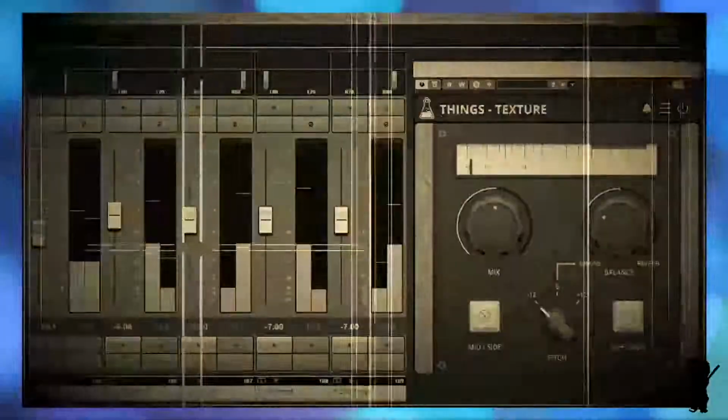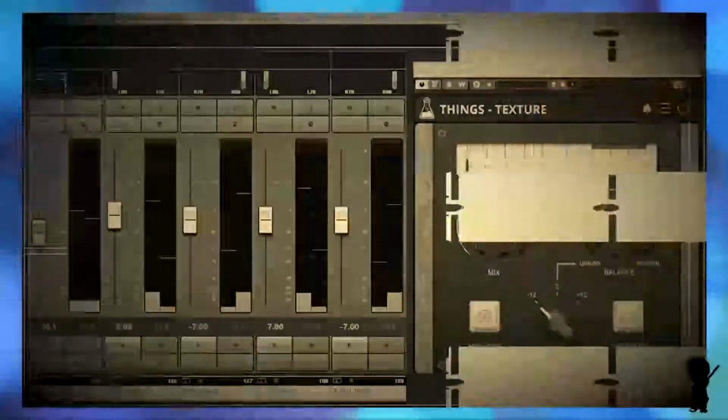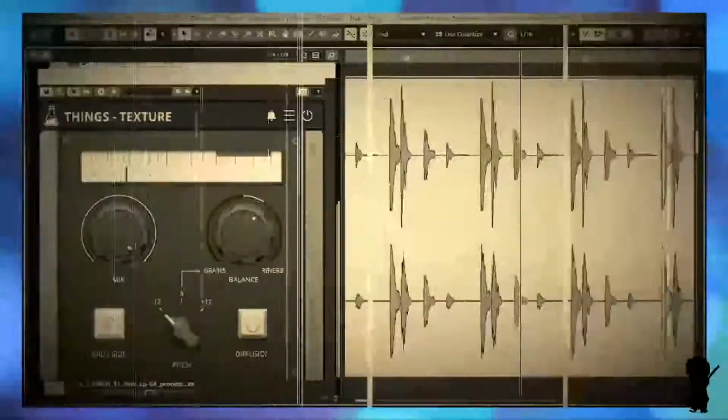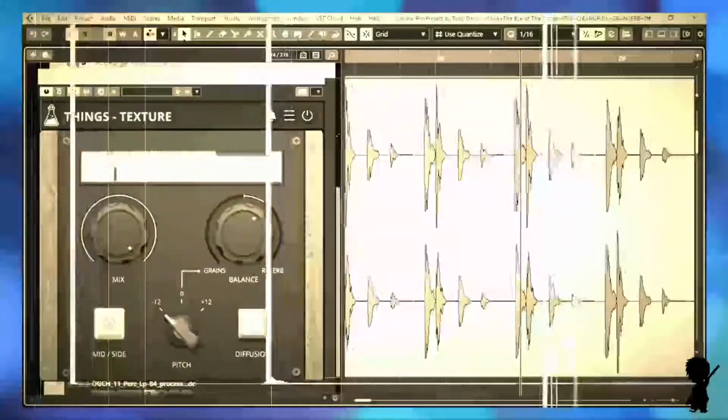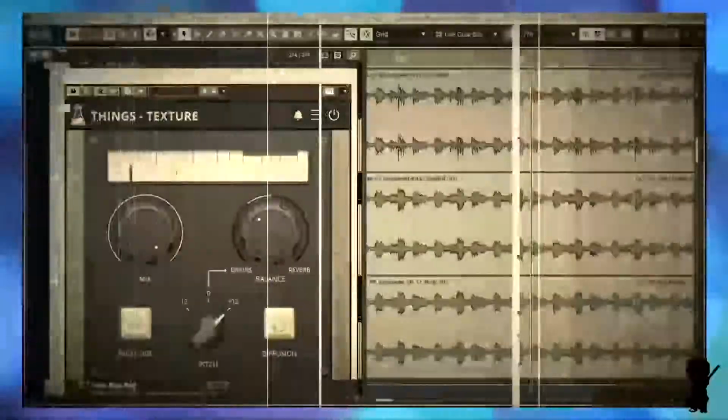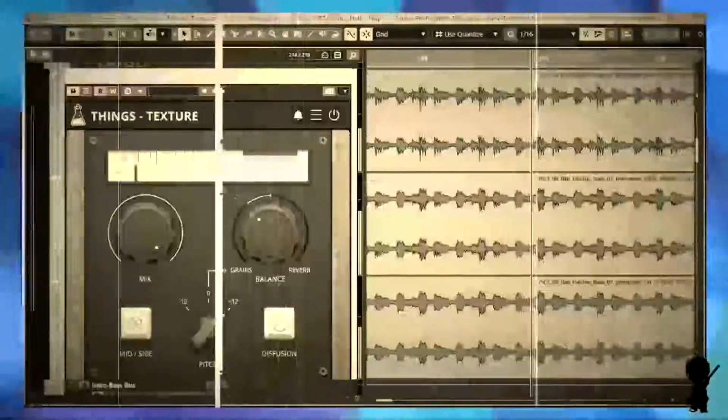It is Tuesday, the 29th of December, 2020. I hope you've all had a happy and healthy Christmas weekend and that you've been keeping your heads down in this difficult time. In today's episode, we're going to be taking a look at a new plugin, a granular reverb